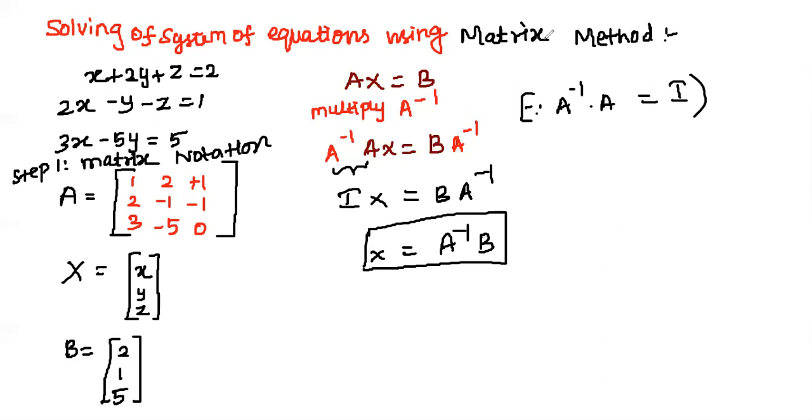So we are going to follow this strategy. We are going to find A inverse of this matrix and then multiply the matrix B with that for finding the value of X. I think you are aware of this formula: A inverse is equal to 1 upon determinant of A into adjoint of A. So first we have to find A inverse.